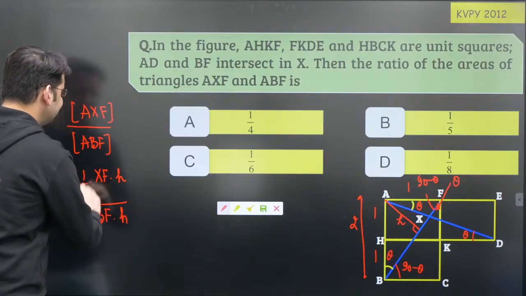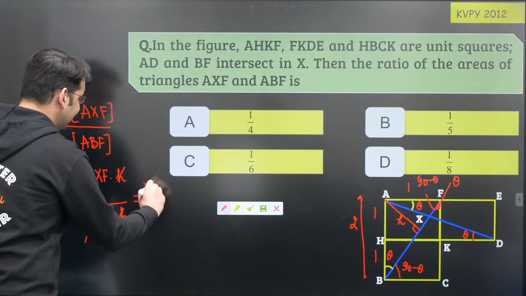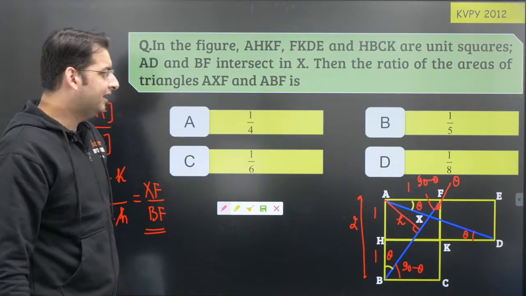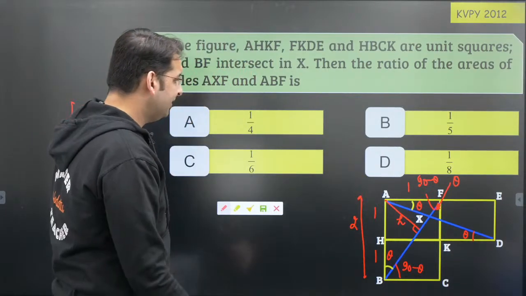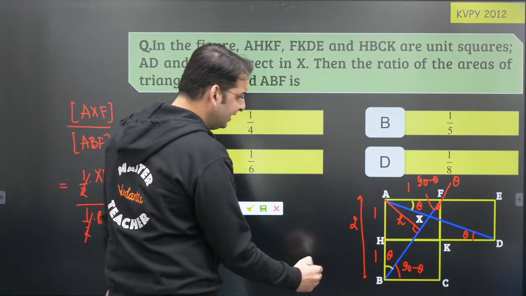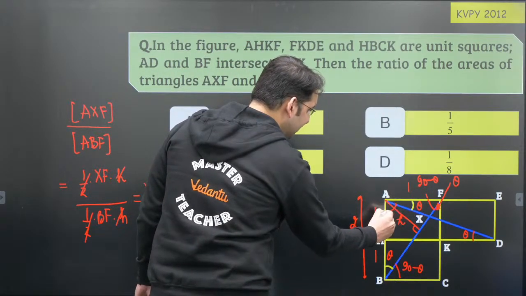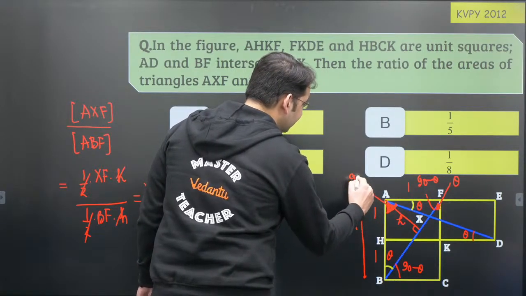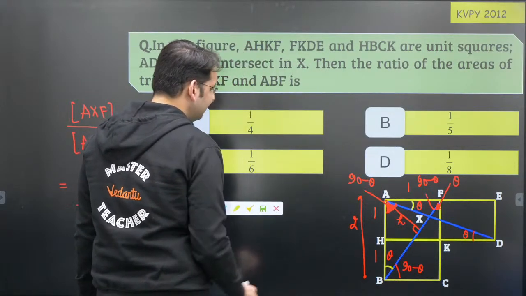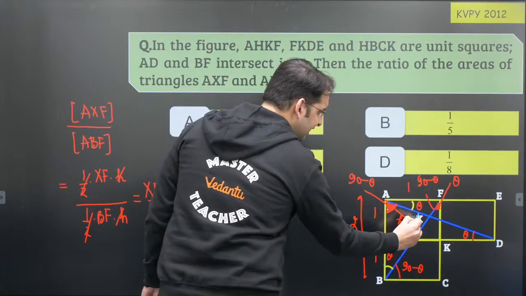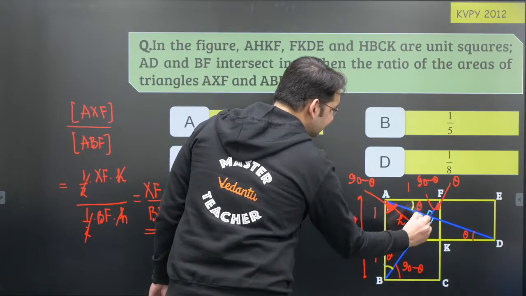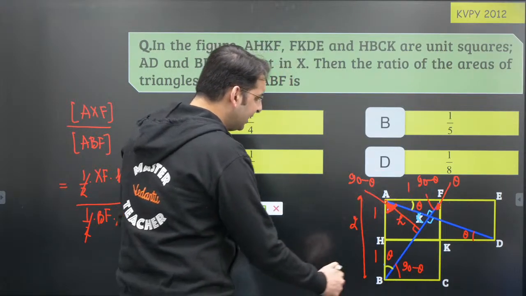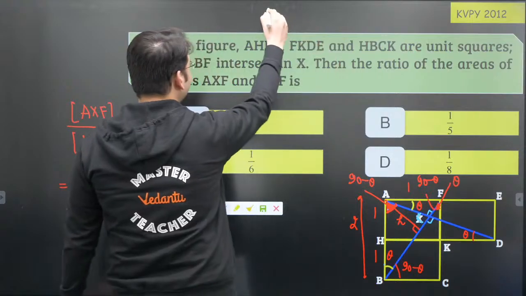So all I need to do is find the ratio of these two, that means XF upon BF, ये रेशियो निकालना है किसी भी तरीके से, XF upon BF. Can I also say if this is theta, this would be 90 minus theta, this angle would be 90 minus theta. और बच्चों यहां से बहुत ब्यूटीफुल चीज सामने आएगी, अगर ये 90 माइनस थीटा और ये थीटा है तो this angle would be 90 degrees, ये सारे एंगल्स 90 डिग्रीज हैं। अगर ये 90 डिग्री है फिर तो काम बन गया। We know that if we talk about triangle ABF,